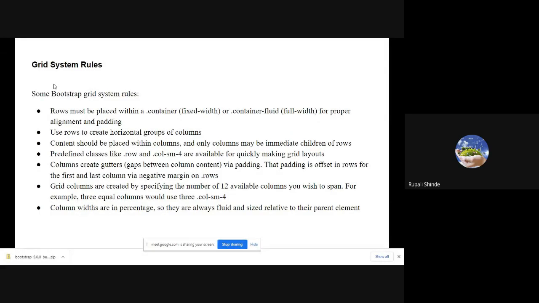There may be 12 columns, there may be 4 4 4 like 3 columns, there may be 6 6 like 2 columns. And it is horizontal grouping. Then content should be placed within a column, and only columns may be immediate children of the row. Then predefined classes like .row and .col-sm-4 are available for quickly making grid layouts. Columns create